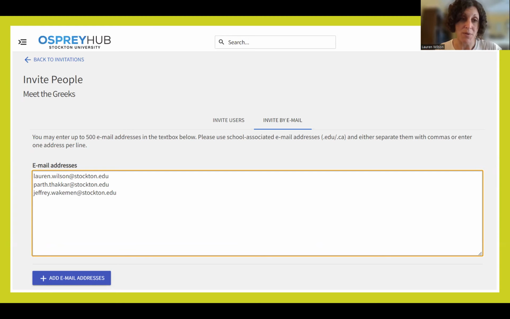The biggest thing to remember is that these have to be Stockton email addresses. You can't email these invitations to a Gmail account, a Yahoo account, or any other personal email address because they won't be able to click through there and log in. The other thing to remember with invitations is that if you are requiring a ticket, disable that RSVP function, which is part of the event process when you're adding the event,